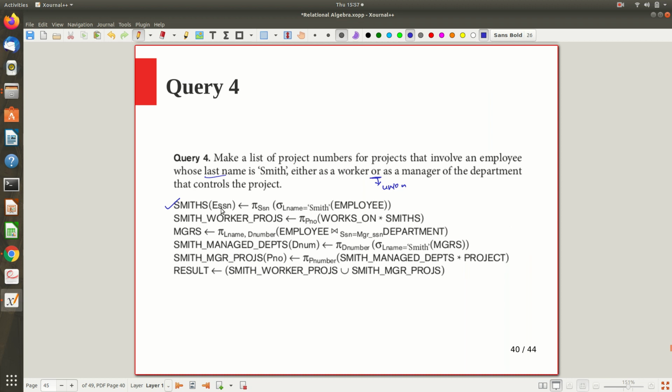So now SSN is ESSN, works-on is also having ESSN. Now using that ESSN, by equating it, this natural join is nothing but an equi-join with a common attribute, right? It will equate these two, and from that you will get the project number of the project where this employee with the last name Smith is working. So Smith